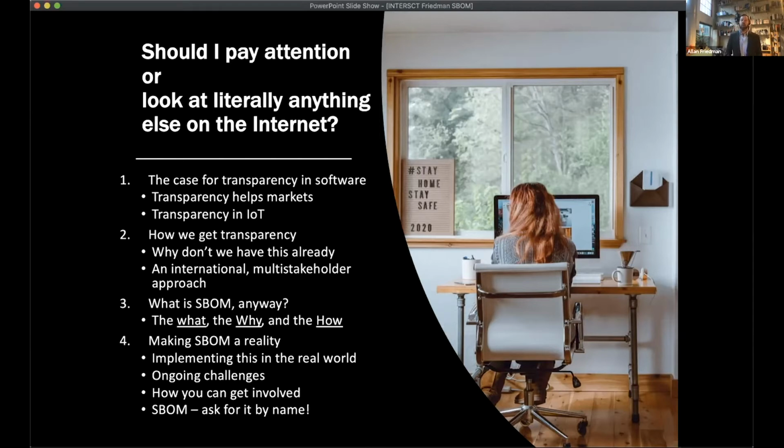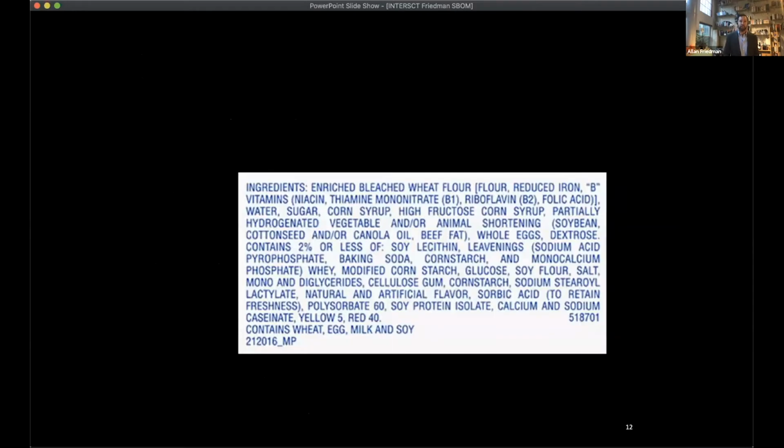And then finally, we're going to talk about how we're making SBOM a reality today, and ideally convince some of you to join in and help. Whether you build things, whether you're a researcher, whether you're with a government agency, there's room for a lot of us to participate. So, transparency. A lot of us understand the idea of a list of ingredients, where you go to the store and say, hey, this is what I want, and this is what I'm worried about.